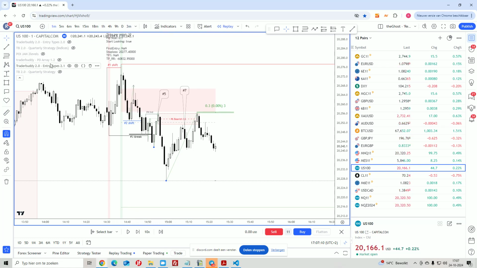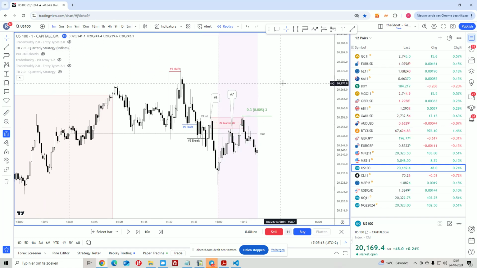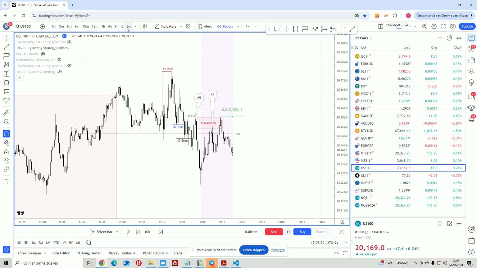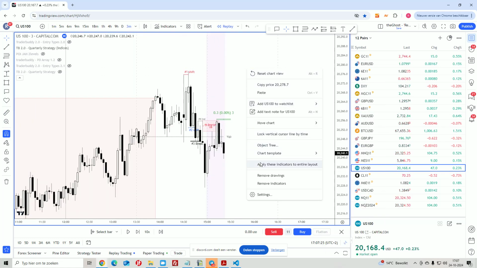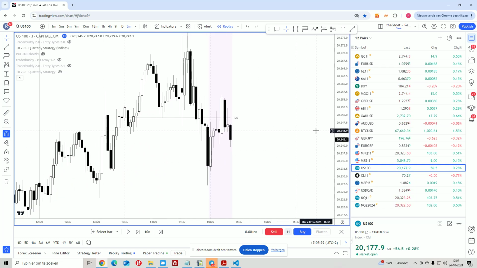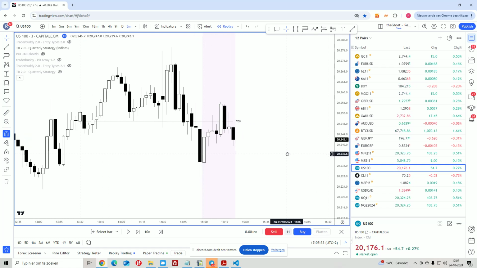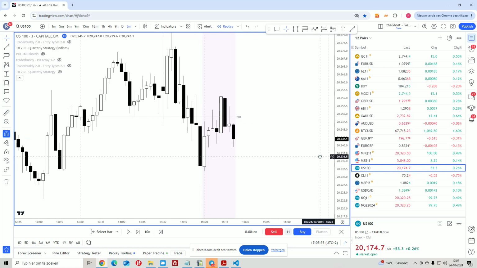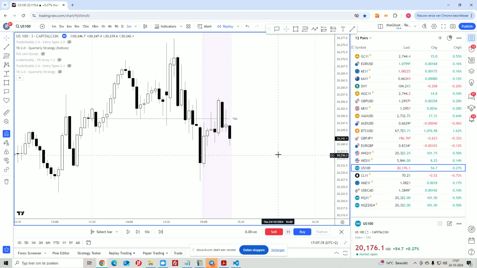If we just ignore our entry type and go back to the quarterly strategy, we didn't look at that one yet. So let's see if we have something over there. Then we need to go to the 3 minutes. We remove every drawing again. And okay, this is tricky, but I believe somebody asked this question. Oh, it was Jan when he was